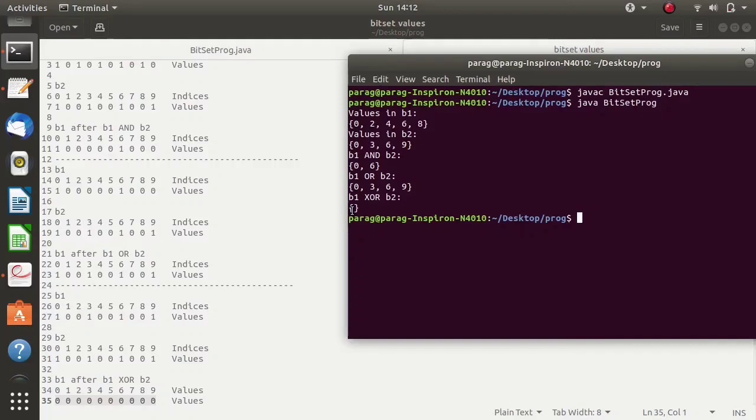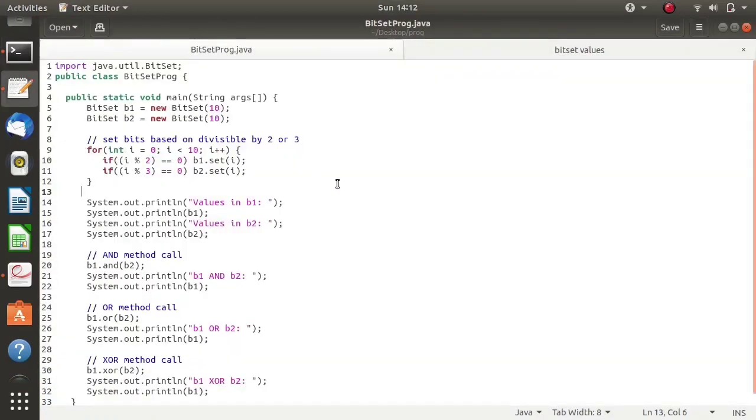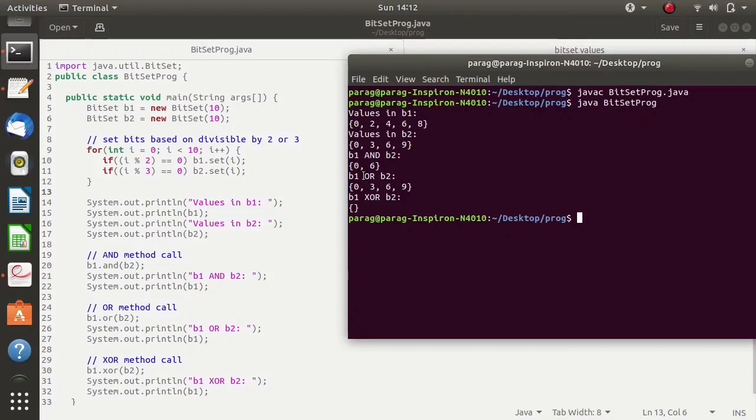So in this way we can perform various operations on the bit set. This is our program, and based on the operations we called, we got the output. But keep in mind, BitSet is a data structure defined in the Java language. BitSet is a class. There are two main methods, set and clear. When you call the set method, it will make the value for the index 1. When you call the clear method, it will make the value for the index 0. By default, all the values are 0. We can call different methods for this, AND, OR, XOR. According to that, we will get the output.